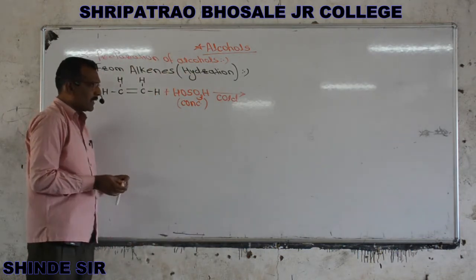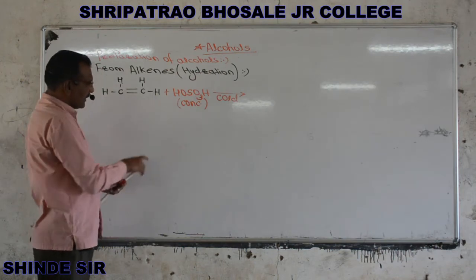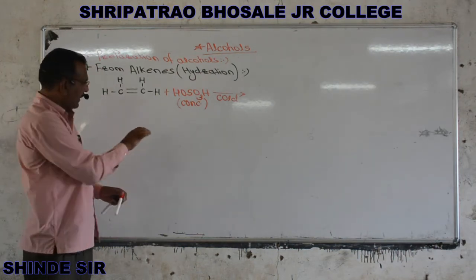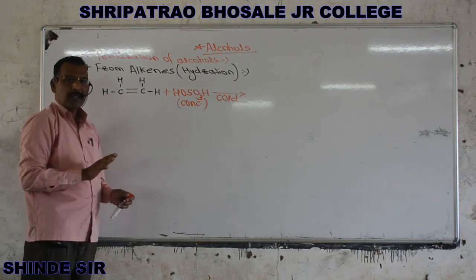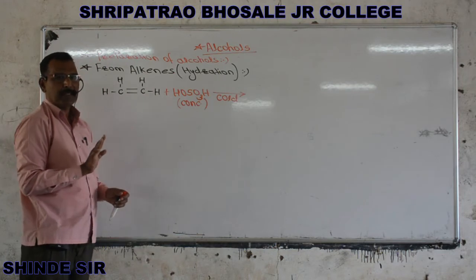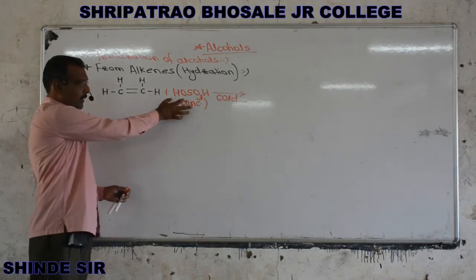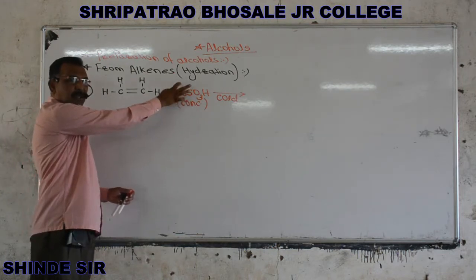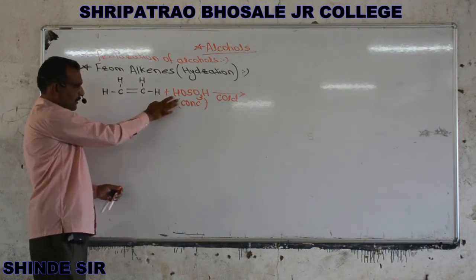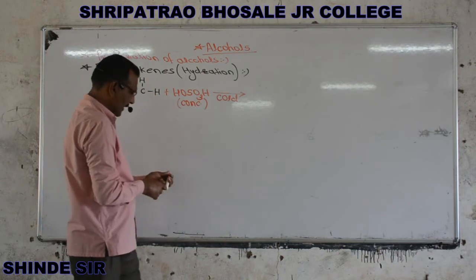Now what happens here is an addition type of reaction, but here the alkene is symmetrical, and so Markovnikov's rule is not applied. Directly you have to add both the reagents, that is, the electrophile and the nucleophile. So we will show how addition takes place.